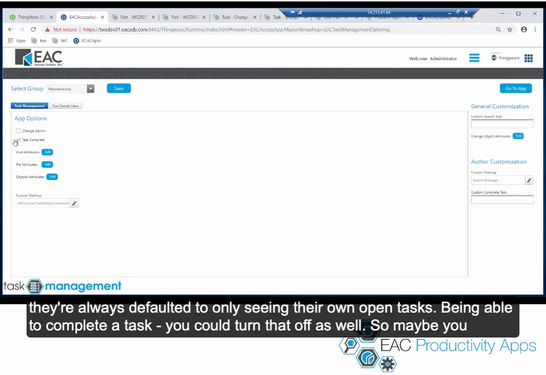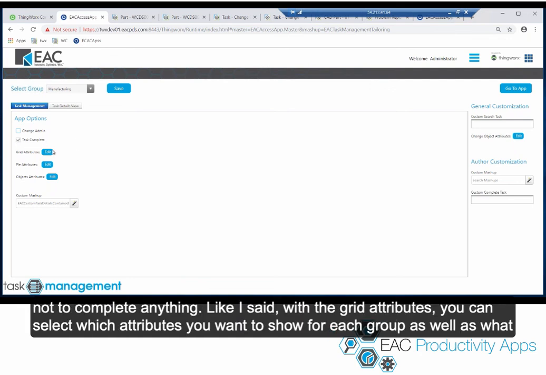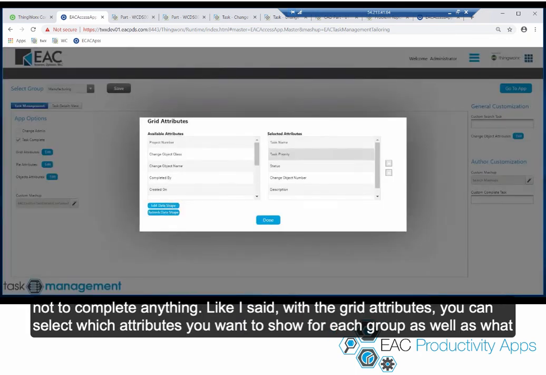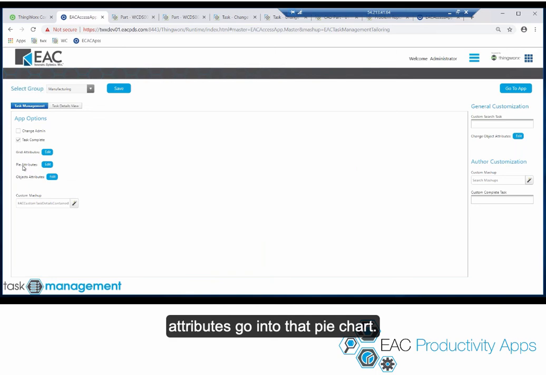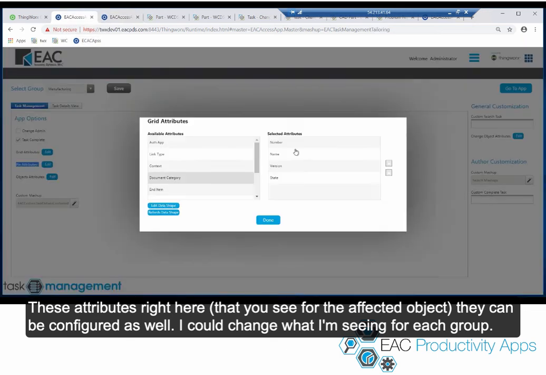Being able to complete a task, you could turn that off as well. So if maybe you don't want some users to be doing any of this over here, you can turn it off, but they could still have access to the app, use it for viewing, but not to complete anything. Like I said, with the grid attributes, you can select which attributes you want to show for each group, as well as what attributes go into that pie chart. These attributes right here that you see for the affected object, they can be configured as well. So I could change what I'm seeing